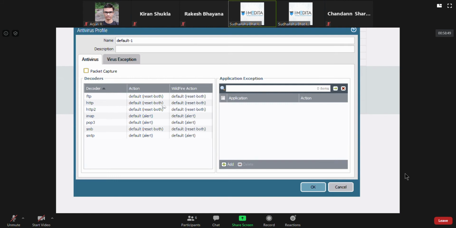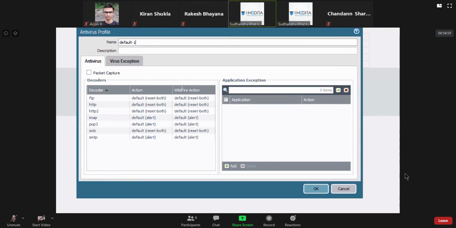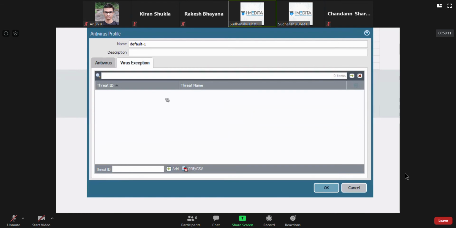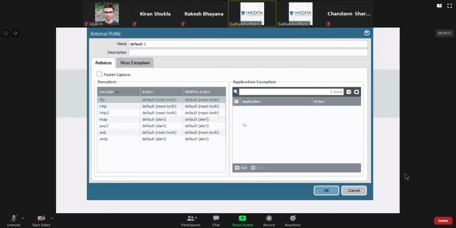You can have packet capture enabled; if you check this checkbox, it's going to do a packet capture. If you don't feel comfortable with reset, you can have other actions. We'll look at that.